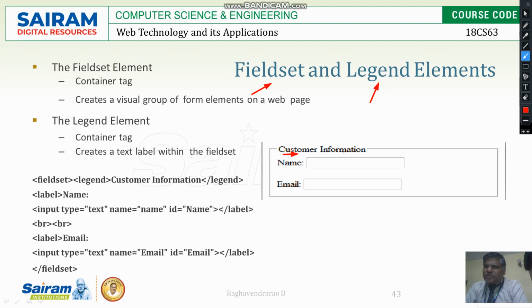Customer information is written here. Legend closes. Then the label starts here. Label is name. As I said, you can write the label at the start or end, both are the same. Two breaks have been given here. Then the label starts, email. Then input type is text, name is email, ID is email. Then the label ends, the fieldset ends. The complete thing is called the fieldset, then there is a legend. Like this the table is getting created. We can say it is like a frame set. This is one frame, and under that frame